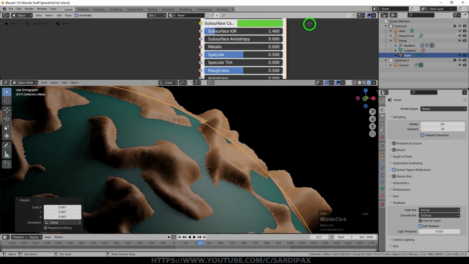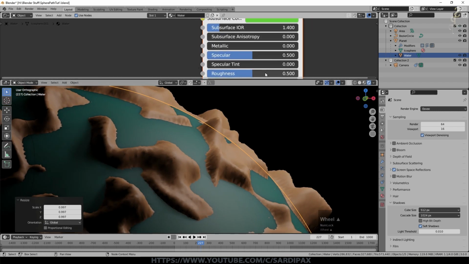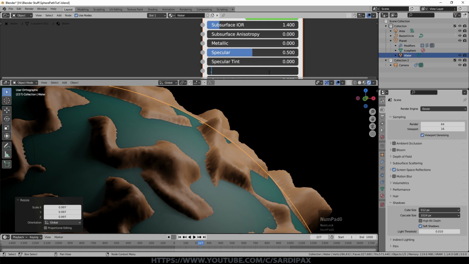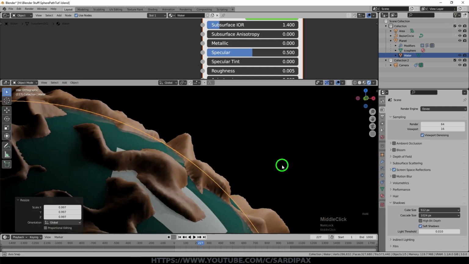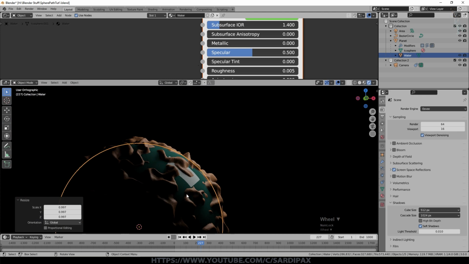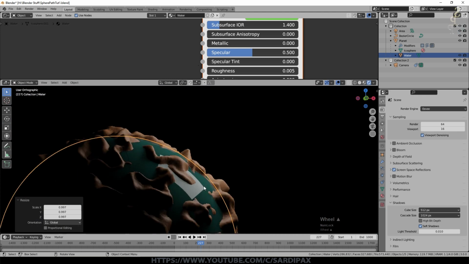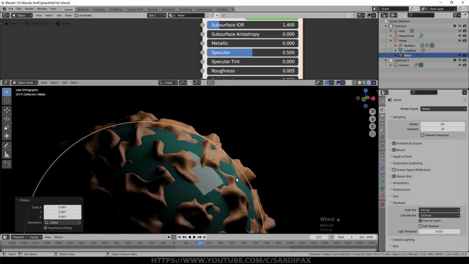Because it's essentially a liquid, I set the roughness down very low, 0.005, and we can immediately see a problem here, which I'm going to deal with in a minute. But you can see we've got reflections on the surface now. So in fact, before we go onward, I'm going to deal with this issue. So the issue is that I'm using an area lamp, but the area lamp is very much showing up in the reflection. It doesn't show up in the scene, but it does show up in reflection.